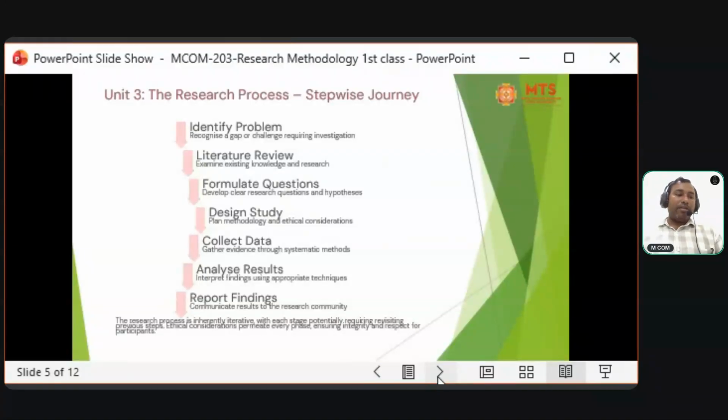Identify the problem. The identification of the research problem is the first step of the research process: selecting a problem or topic for study. Then comes the literature review, studying previous research and theories